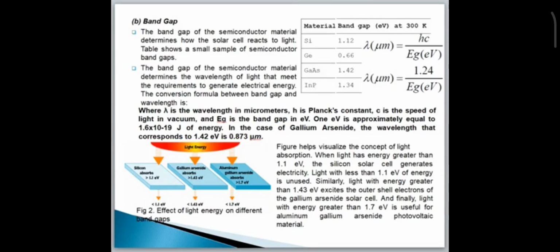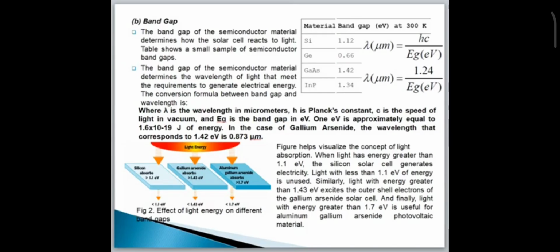The figure helps visualize the concept of light absorption. When light has energy greater than 1.1 electron volt, the silicon solar cell generates electricity. Light with less than 1.1 electron volt of energy is unused. Similarly, light with energy greater than 1.43 electron volt excites the outer shell electrons of the gallium arsenide solar cell. And finally, light with energy greater than 1.7 electron volt is useful for aluminum gallium arsenide